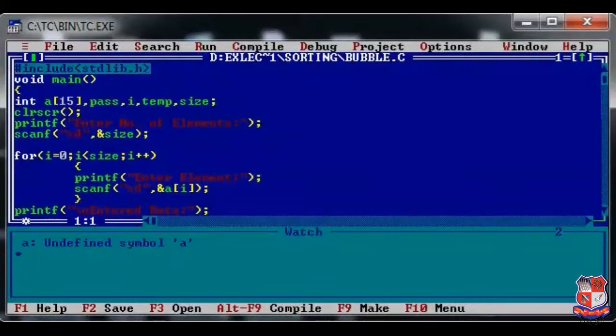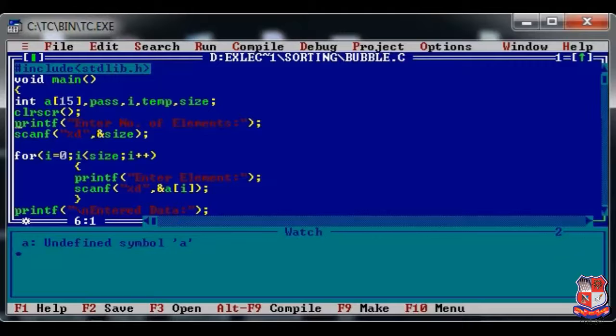Hello students. Once again, welcome back to my video channel. In today's lecture, we will see the practical implementation of the bubble sort algorithm. Though we have already learned the algorithm during our theory session, in today's lecture we will implement the bubble sort algorithm. As you can see over here, as per the characteristics of the bubble sort algorithm, it will compare two consecutive elements and set the larger element at the bottom and the smallest element to the top.